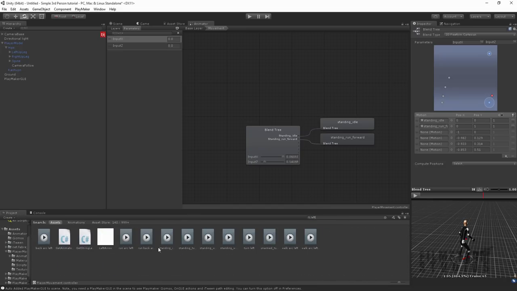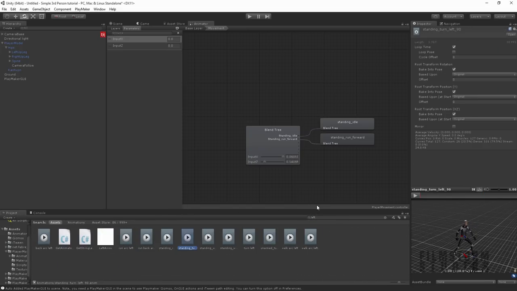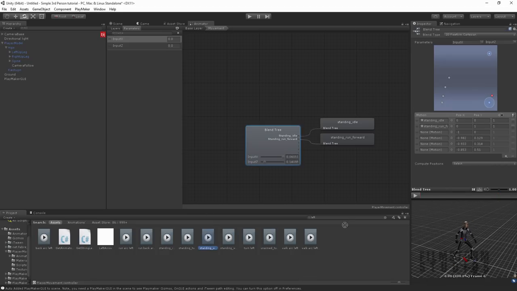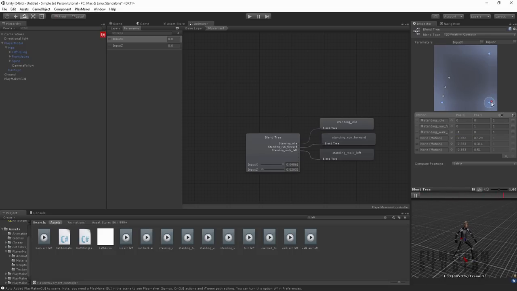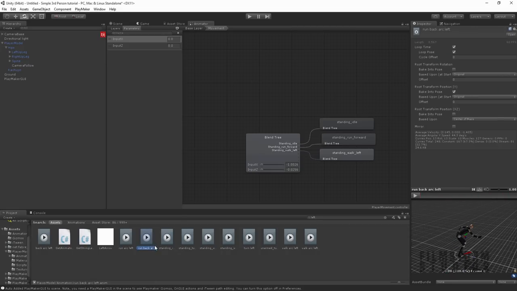So let's look up left. Let's have a look for our left one. Standing walk left. All right. So we want to drag this guy in. It's -1 X. That basically means if we move our stick to the left, he's going to move to the left. There he goes, he's moving that way. Although the animation hasn't been fixed up properly yet. So we want to quickly jump back to our left one and just uncheck this option. And now you'll notice it will work smoothly.